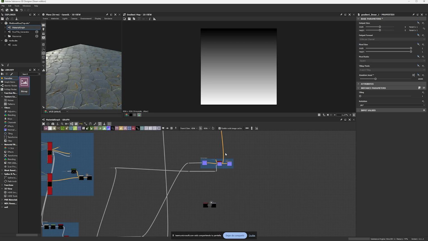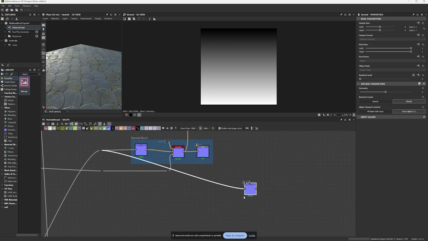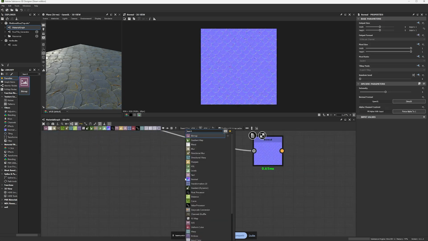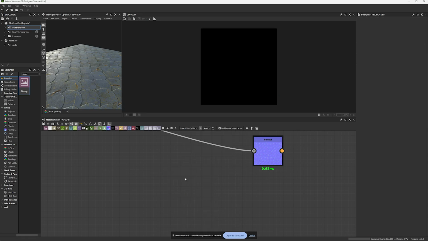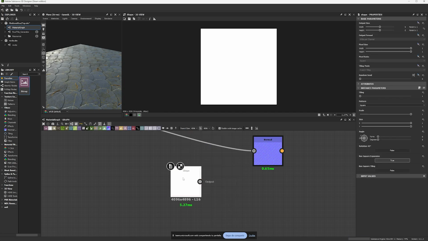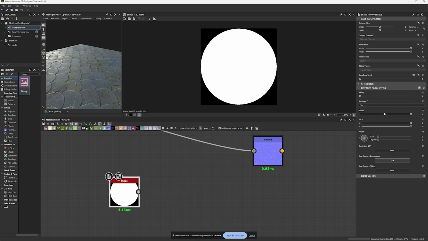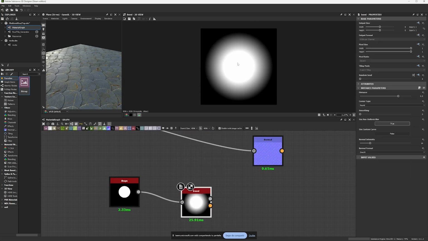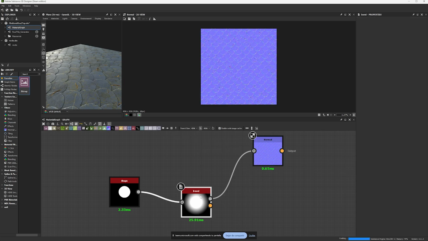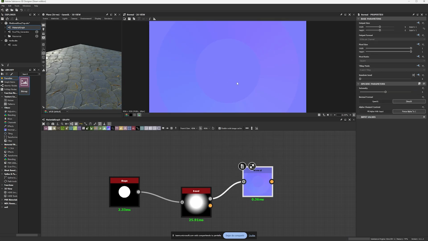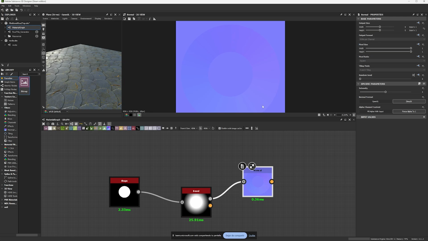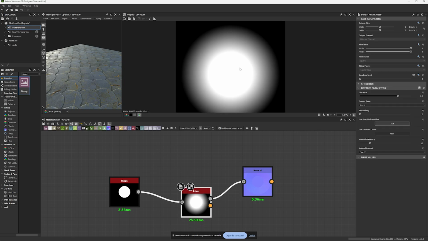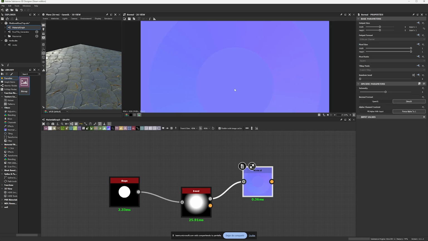Why? If I were just to create here a normal map, and let's get a shape node. And from this shape node, I get a disk. And then I bevel this. You're gonna see that we have a shape here that has kind of a small blur around. If I pull this into the normal, you're gonna see two things. First, you're gonna see this area here. This is like the gradient we are looking at. But this area that is pure white is capped.